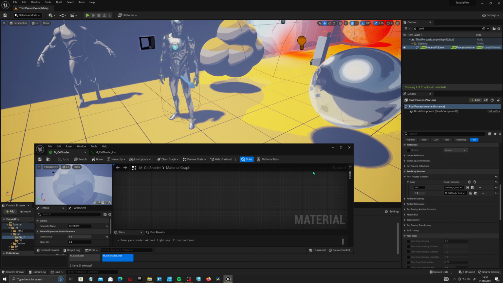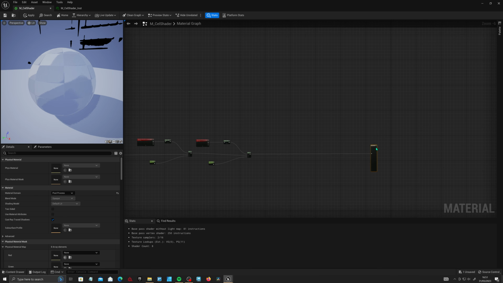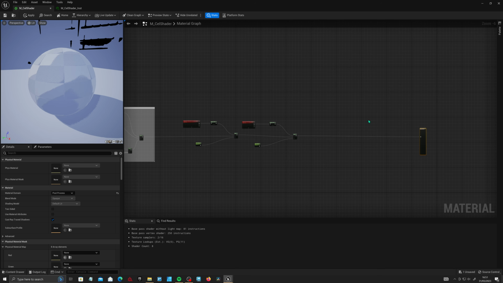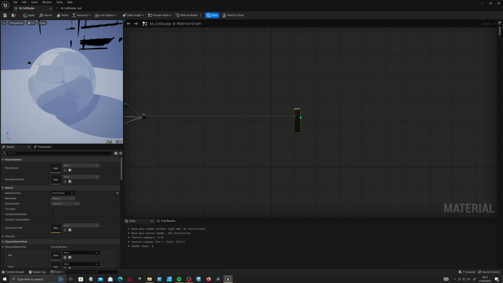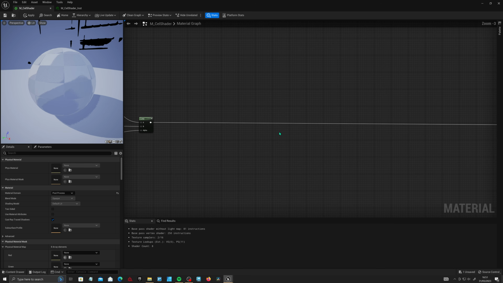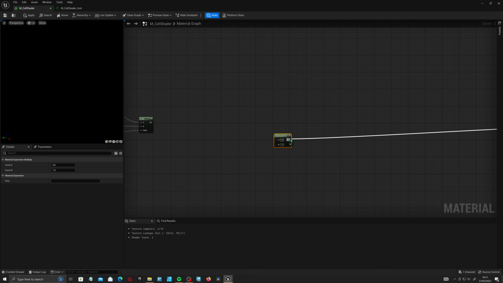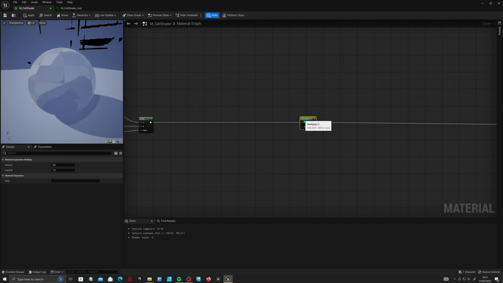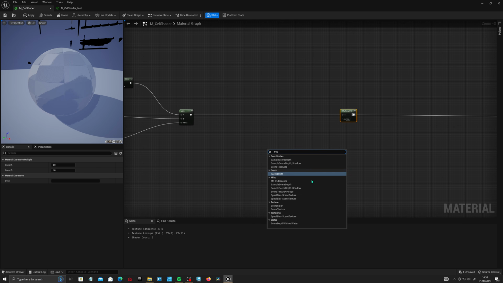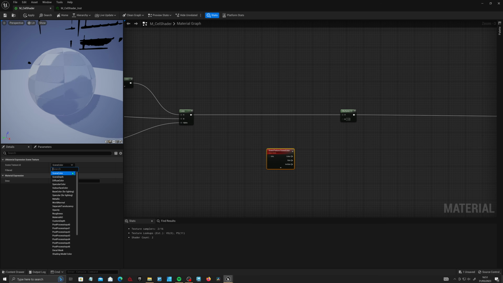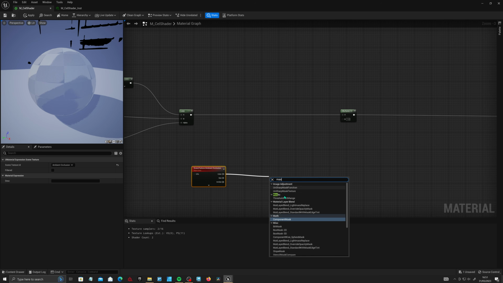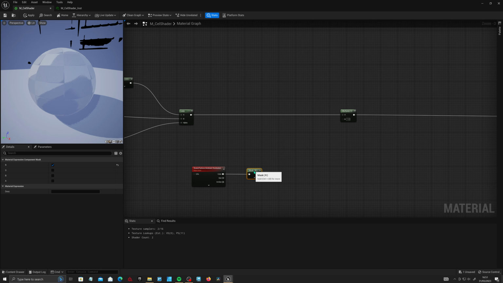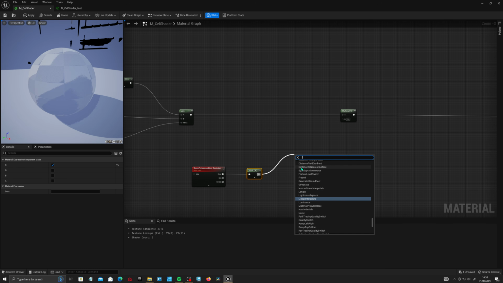So if we go back into our material again and open this guy up, a couple of other things that we can do is add in ambient occlusion on top of this and also mask it depending on if you need it for a character or the whole world or whatever you need. So if we just push this guy along a wee bit here and create a multiply and chuck this guy into the multiply here like this. And if we create a scene texture again, and you look for ambient occlusion, and drag out here and mask it to the red, and we chuck this into lerp,